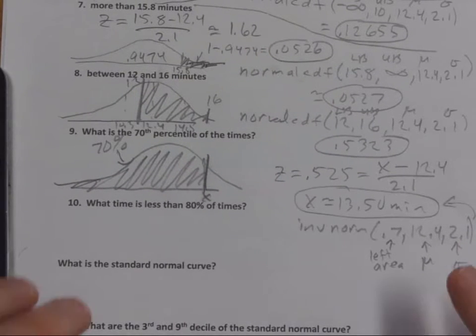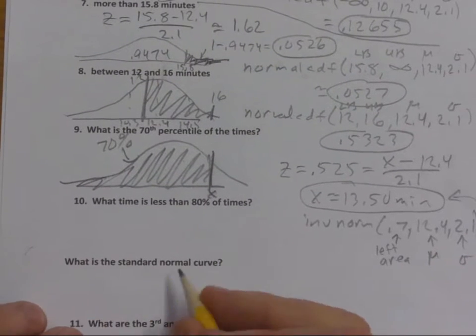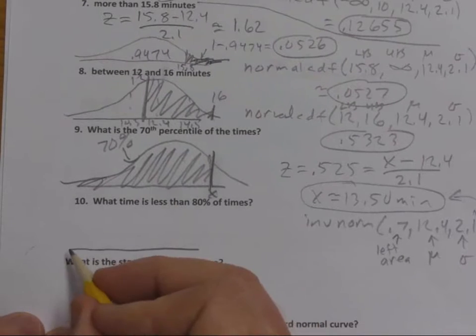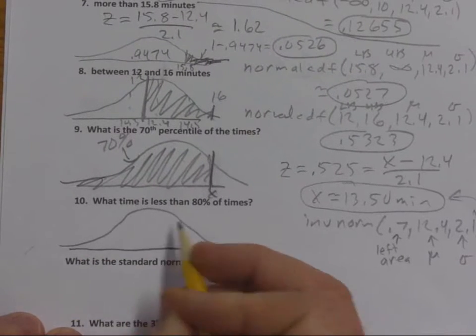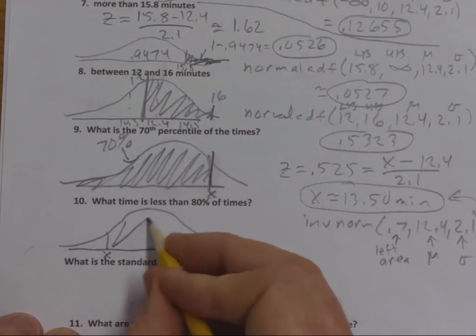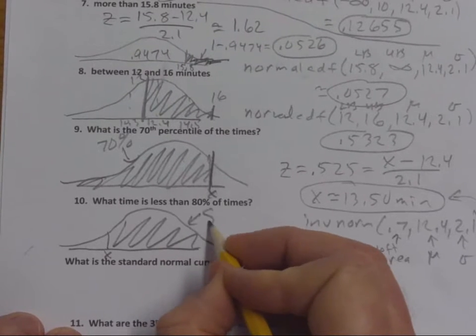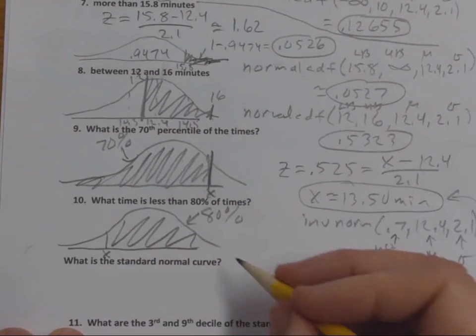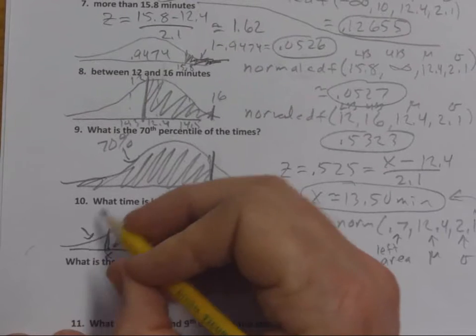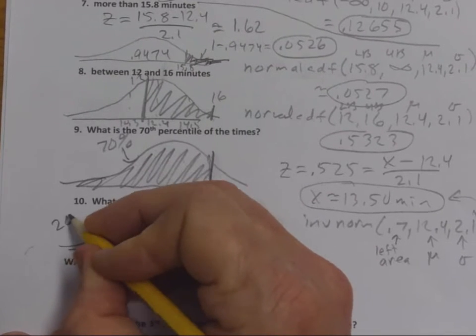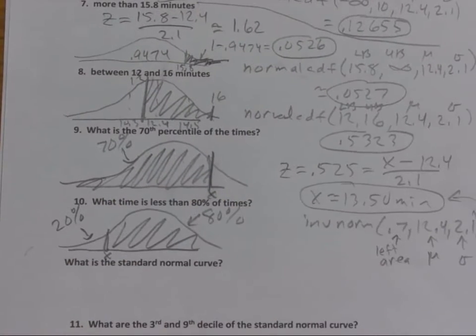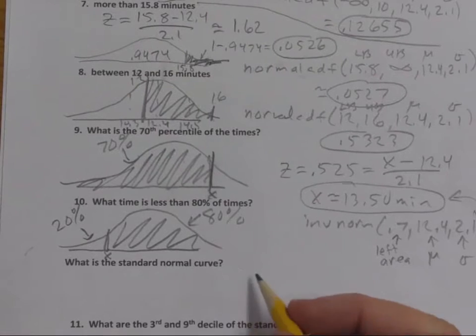Now, okay, what time is less than 80% of times? So we got this x value, and we got 80% that are above it. Okay, well, what does that mean? That means 20% that are below it. In other words, it's the 20th percentile. So if we're using left area, we would use 20%. So to do this problem,